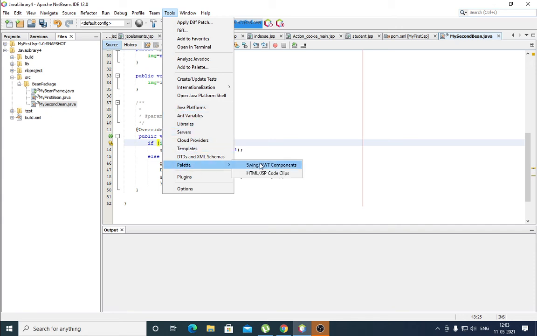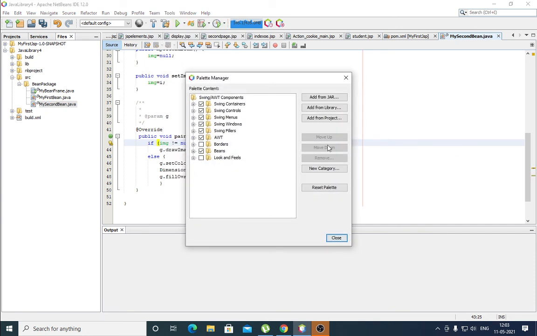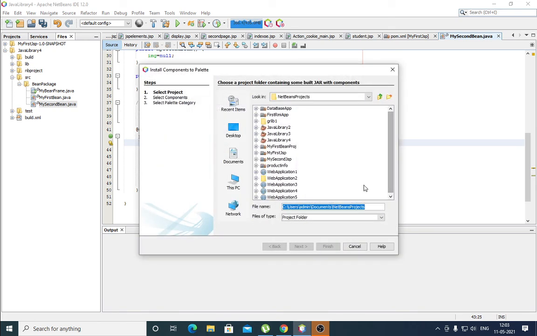Tools, palette, beans, add from project. What is the name of the project? Java Library 4.